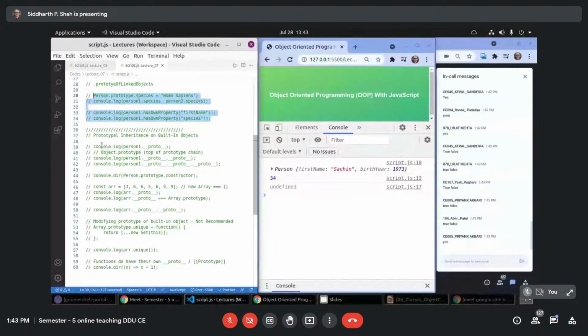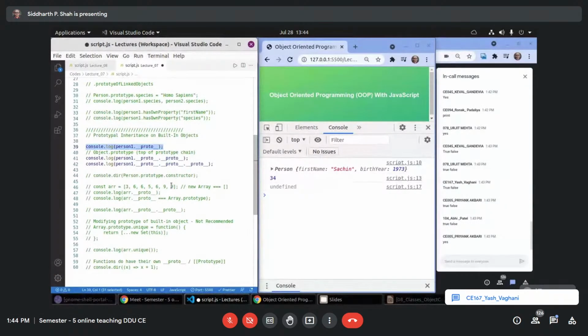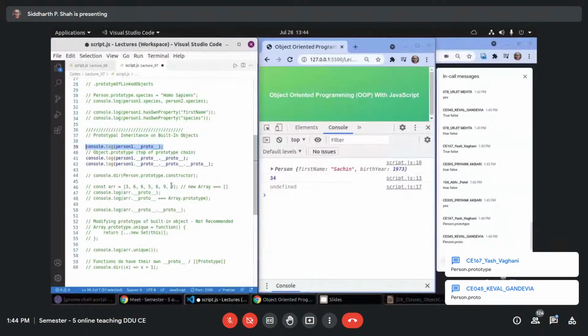Now, let us understand this prototypal inheritance in built-in objects. Okay, so let's do one thing. Person1.__proto__. What is this? It is same as person.prototype, correct?